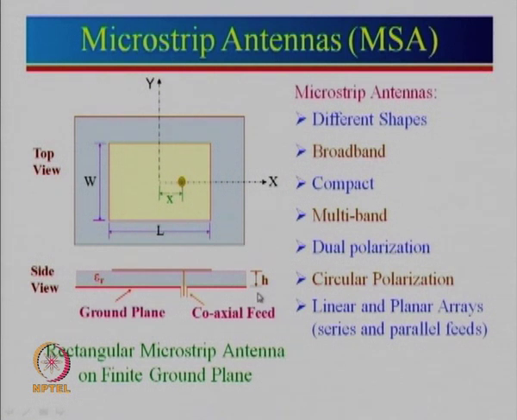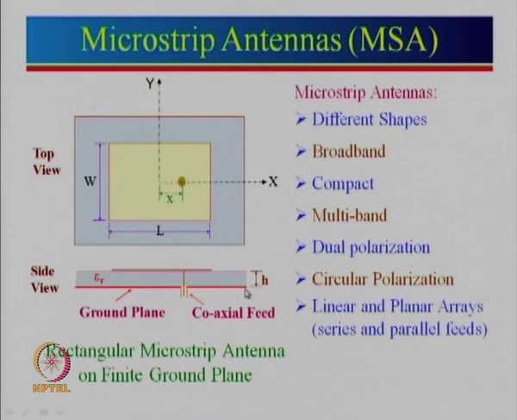So, just like you are familiar with printed circuit boards, PCBs, I mean it is there inside your mobile phone, inside any of your electronic gadgets, you will see a PCB. If you have designed microcontrollers, you know that there are multiple lines going parallel to each other or perpendicular to each other, whereas a microstrip antenna is much, much simpler.